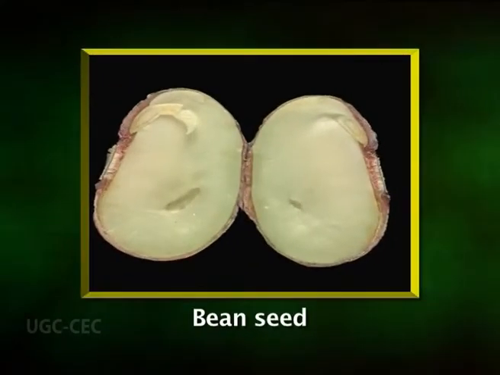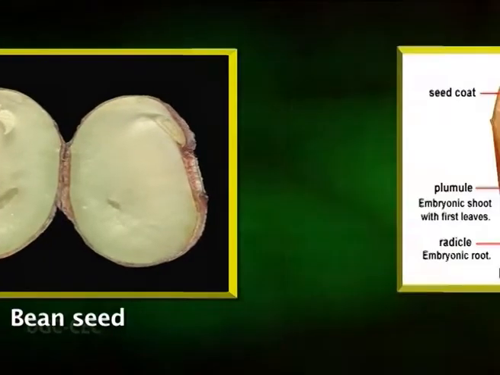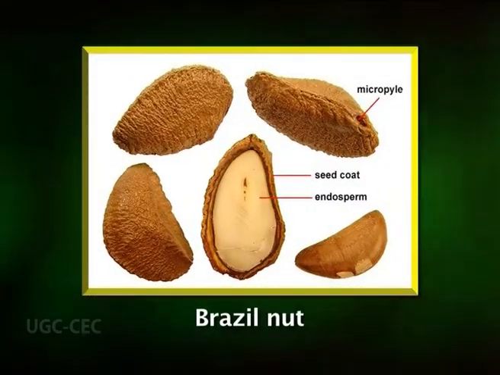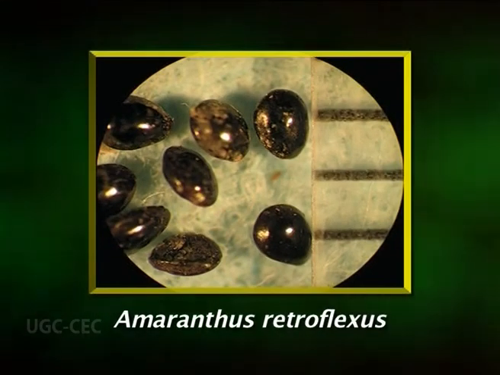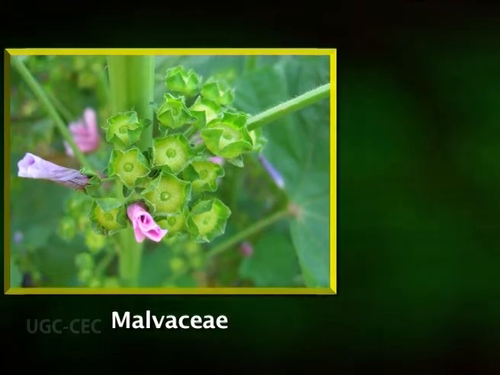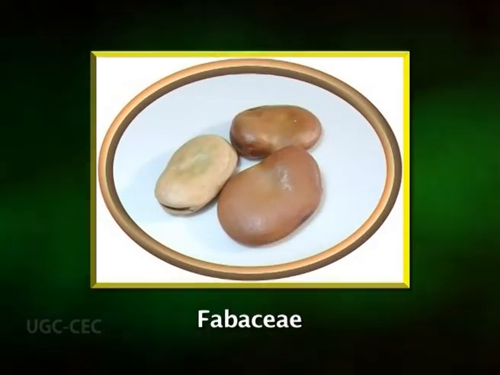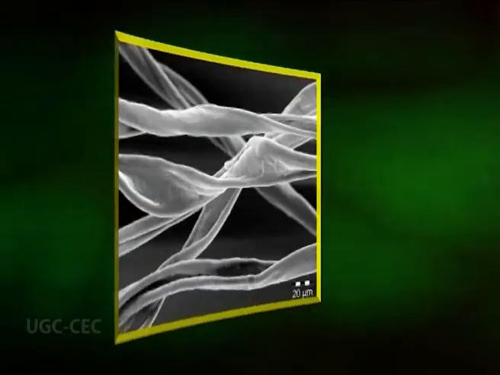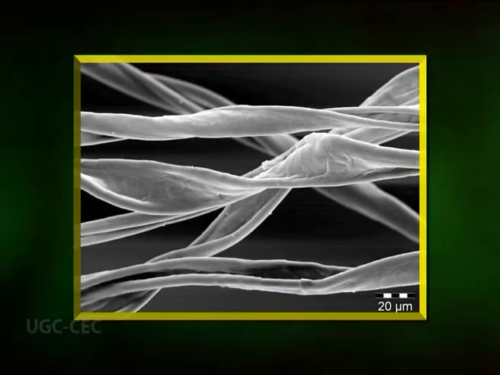The seed coat functions mainly to prevent the seed from drying and desiccation. It's usually thin and papery as in bean and peanut, but it can be thick and hard or stony as in case of Brazil nut. Seed coats are responsible for dormancy in many seeds, for example Amaranthus retroflexus, and in members of Malvaceae and Fabaceae, etc. The seed coat of the cotton plant produces cotton fibers, which are spun into thread and woven into a